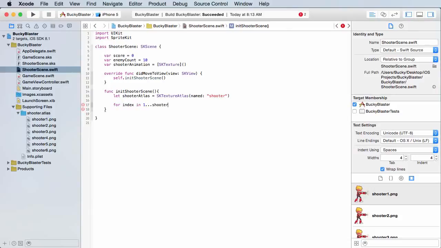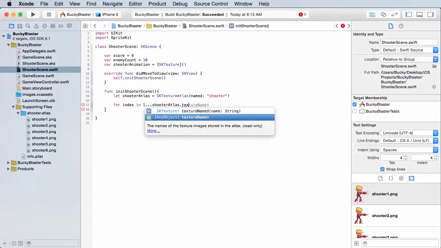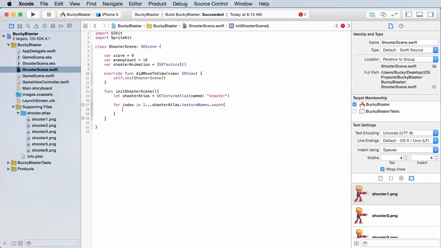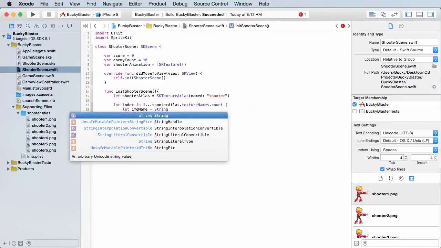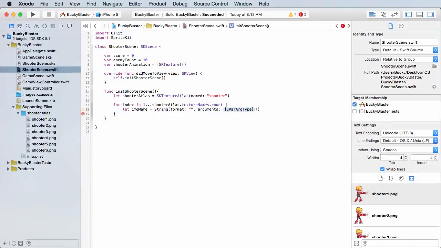Instead, we can write shooterAtlas, textureNames.count. So this is pretty much just going to count how many textures or how many images. From here, what we need is first just a reference to that image name, the file name, and that is just a string, and the format of this is